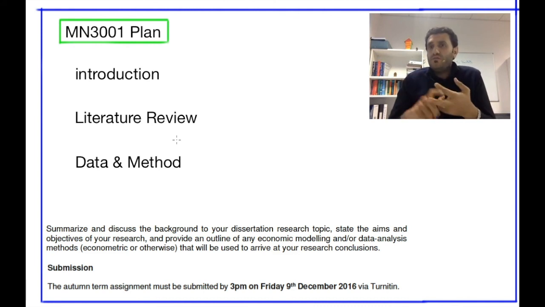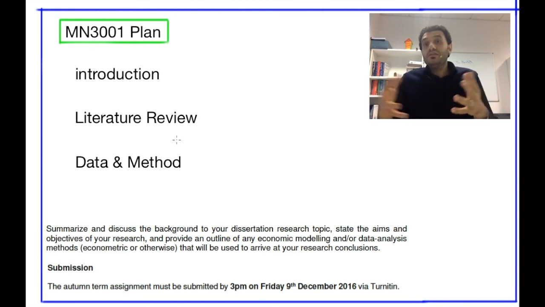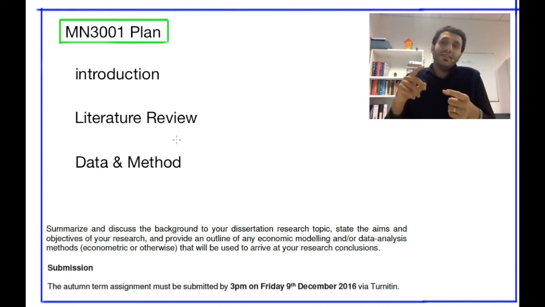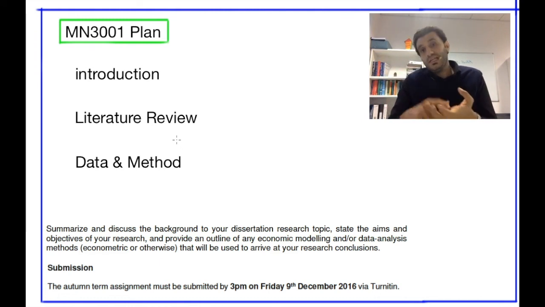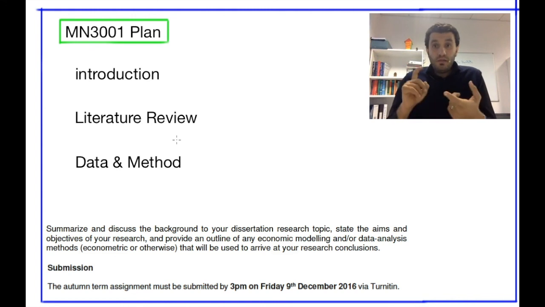And in the literature review, a very brief section. That should be enough just to demonstrate that you've done some background reading on your topic, and then what data you're going to collect. Are you going to collect annual data or quarterly data, monthly data, or where are you going to collect this data from, what variables you are interested in, and etc., and what methodology you're going to follow.